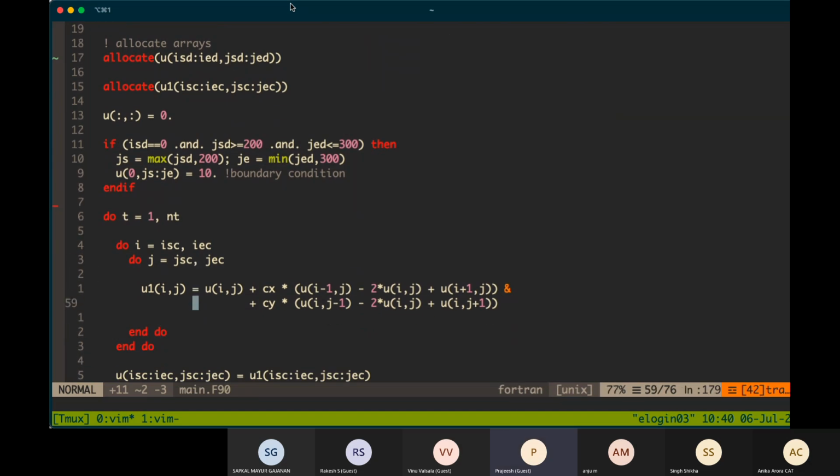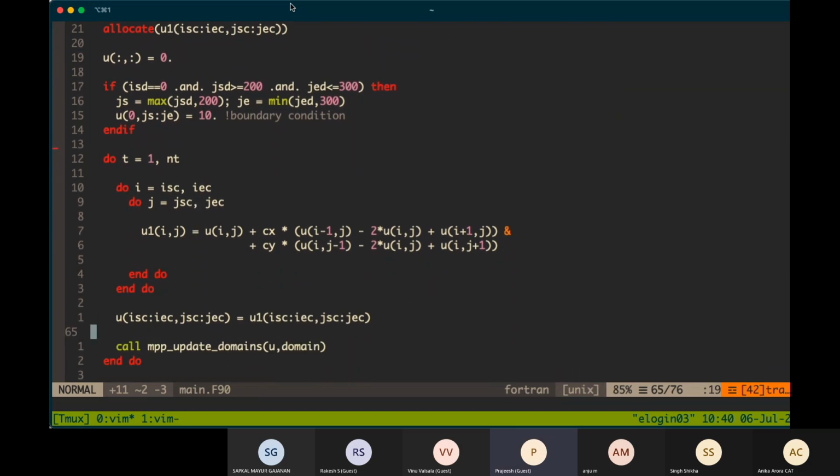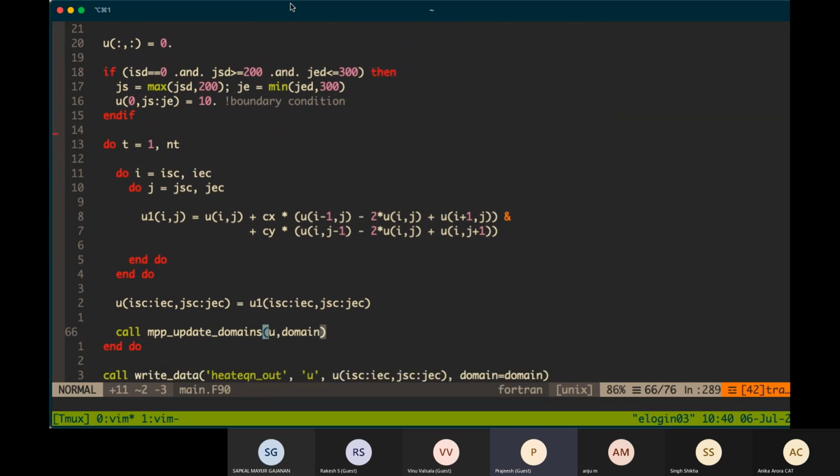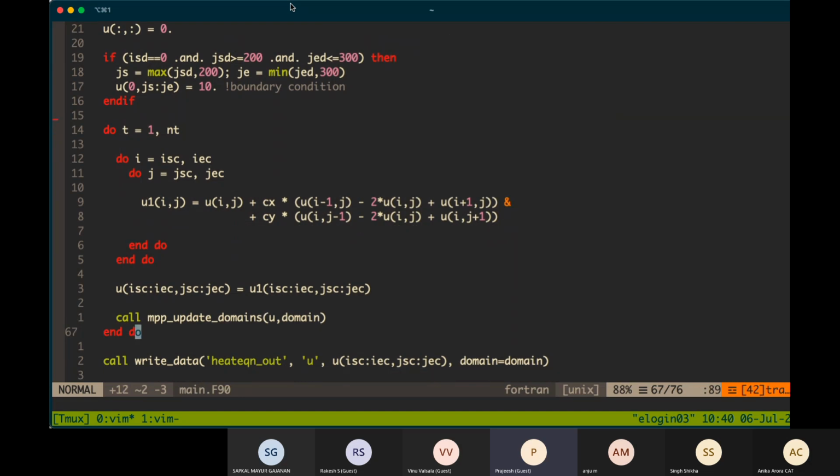Once the computation is done, you need to do the update. You need to transfer the boundary information to the neighboring processor, which is done by MPP update domain.